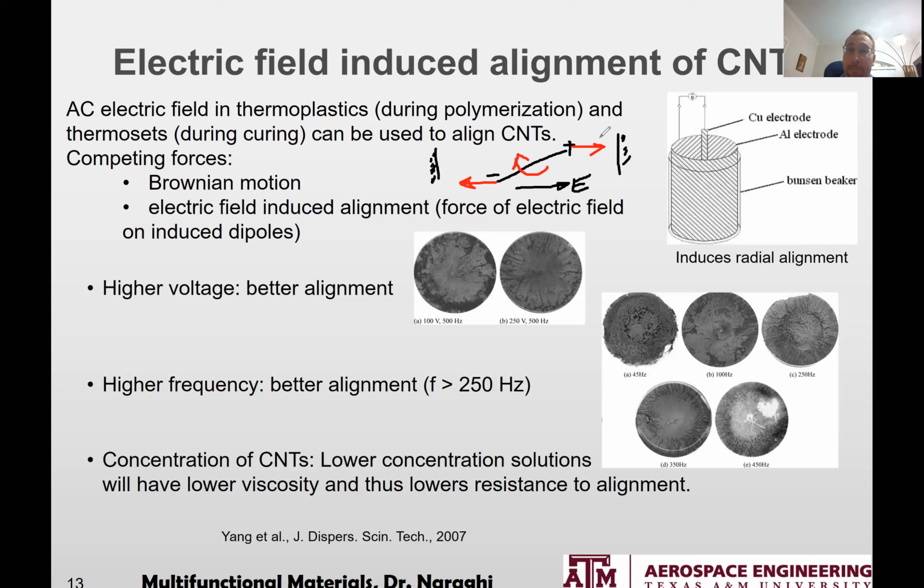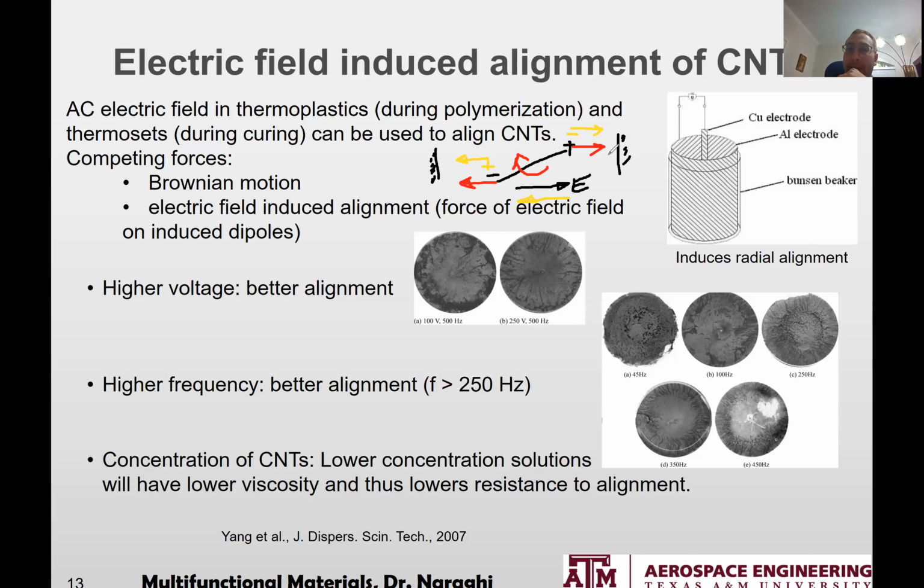Note that even if I apply the electric field in the opposite direction, the effect will be the same, because in that case, I will have a negative charge here and a positive charge here. I'm showing it with yellow. This guy will still apply a load this way, and this guy will still apply a load this way. And so the guy will be aligned. However, if there are any slight spatial variations in the electric field, this guy may migrate from one end to the other. Okay, so that's why if you want to align carbon nanotubes this way, what you typically end up doing is